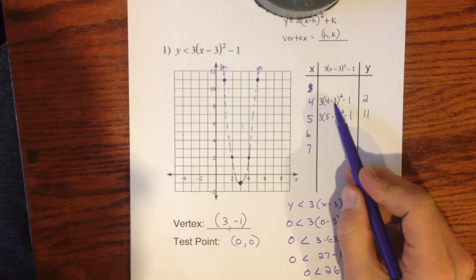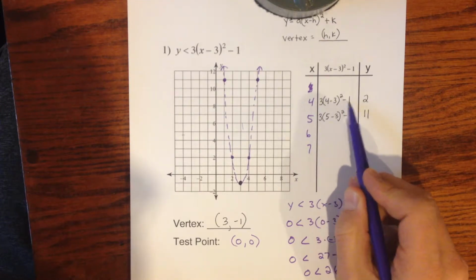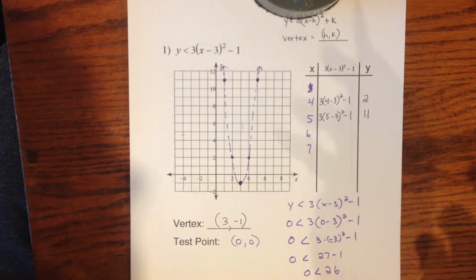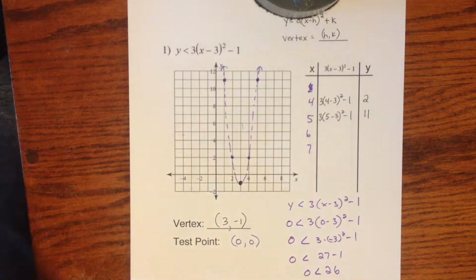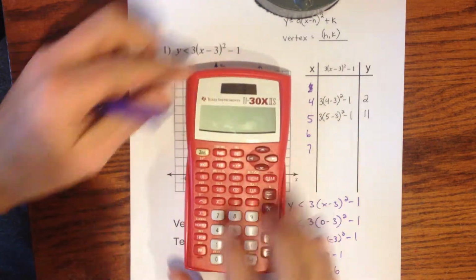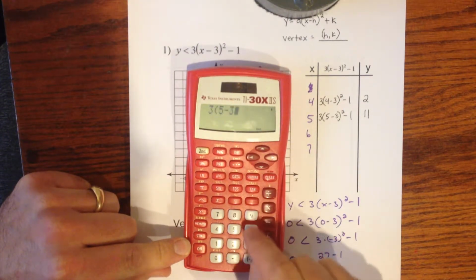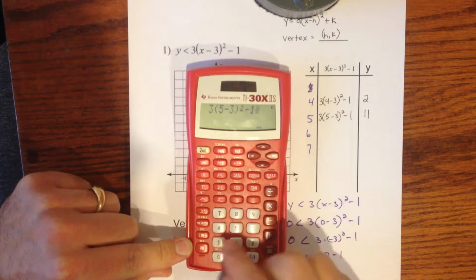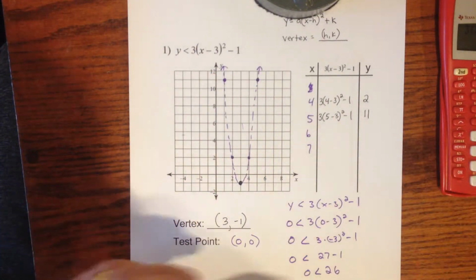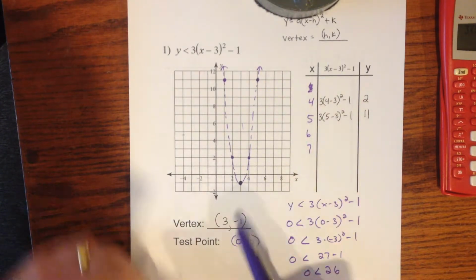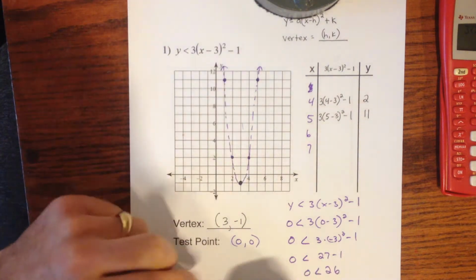4 minus 3 is 1. 1 squared is 1. So 3 times 1 minus 1, so 3 minus 1 is 2. So you can almost work through those in your head. Now obviously you can plug it in your calculator. Just make sure you plug it in with the parentheses and everything. So 5 minus 3 squared minus 1, press enter, you get the 11. So I went ahead and plotted those 2 points, 4, 2 and 5, 11,